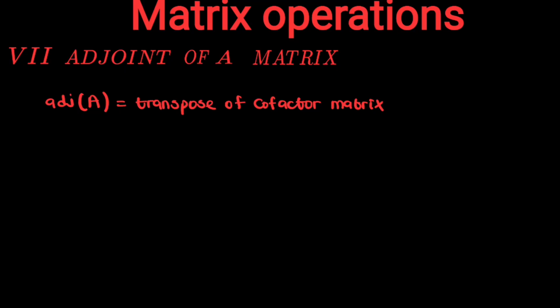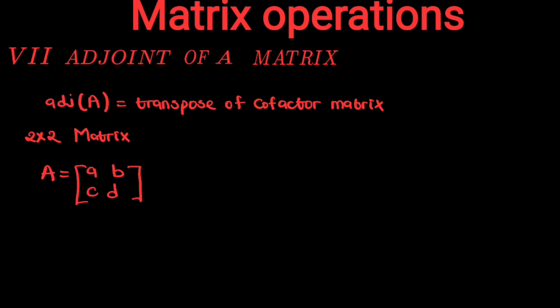Okay, so let us start. There are two cases: to find the adjoint of a 2 by 2 matrix and to find the adjoint of a 3 by 3 matrix. So let's start with a 2 by 2 matrix. This is very quick. So if we have a matrix A, which is a, b, c, and d,